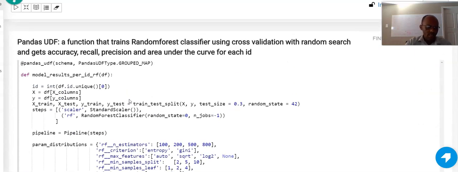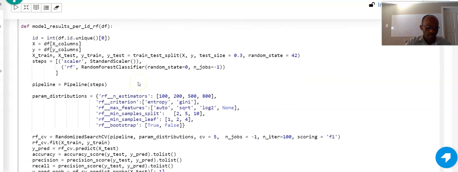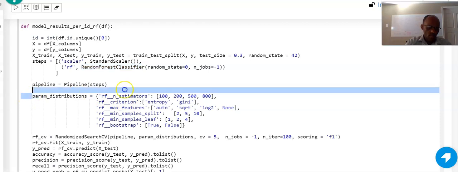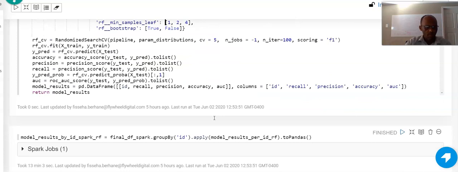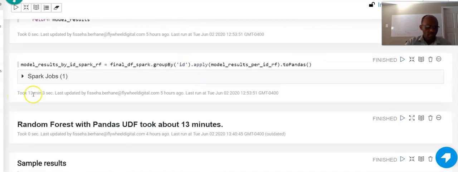Let's try the same thing with random forest. I mean, you can use any model. Now I don't need to explain the steps that I explained before. The only thing is the estimator, I changed it to random forest, and the parameter distribution for the hyperparameters also has to have the appropriate hyperparameters. And when I ran this, it took 13 minutes with Pandas UDF,